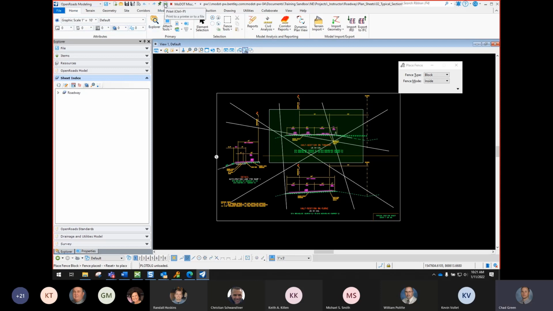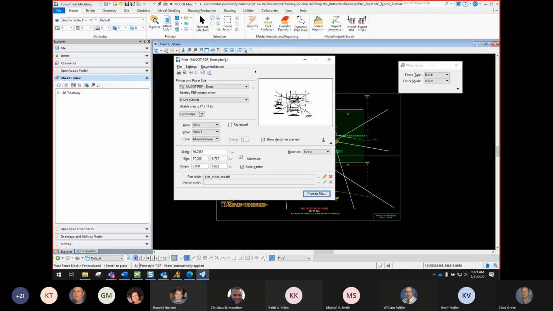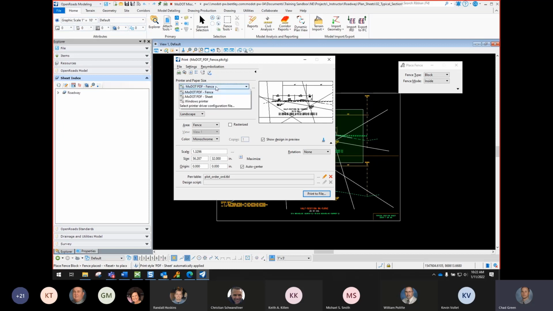and then I would do the same thing that I did before. But this time, whenever I click on the print, I would come up here and change my option from sheet. I'm going to change that to fence. Next thing that I will do after I change that to fence, so it looks for the fence instead of the actual sheet,